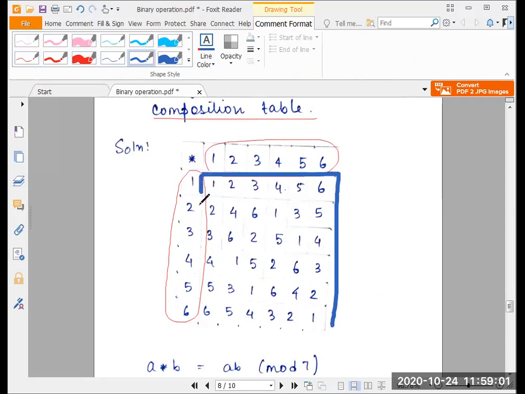So the square which is marked by the thick blue line is the composition table, and over on this corner we put the symbol of the binary operation that we have considered, because we can have situations where we are analyzing more than one binary operation at the same time. So this is a conventional procedure where we put the symbol of the binary operation in this section, so we know that this considers the binary operation star.